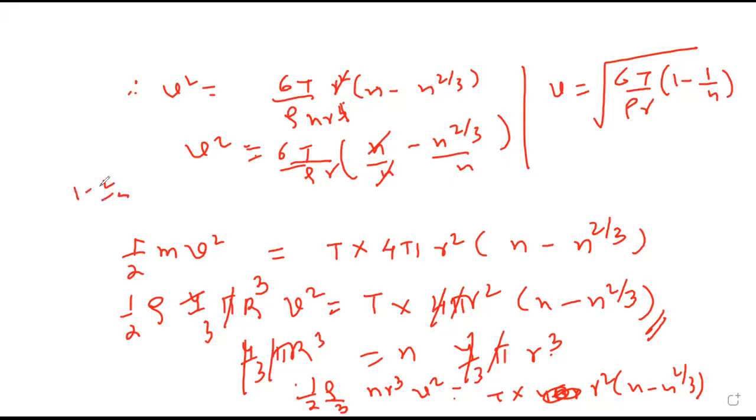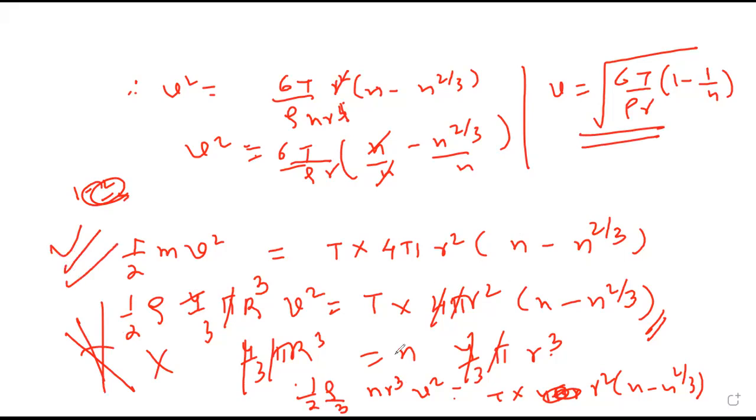1 minus 2 by 3, I am taking it downward. Please copy the last line till this. But see, as I said, I cannot remember all this. Only I will remember this in the exam and start doing. It should be 1 upon n raised to 1 by 3, right?